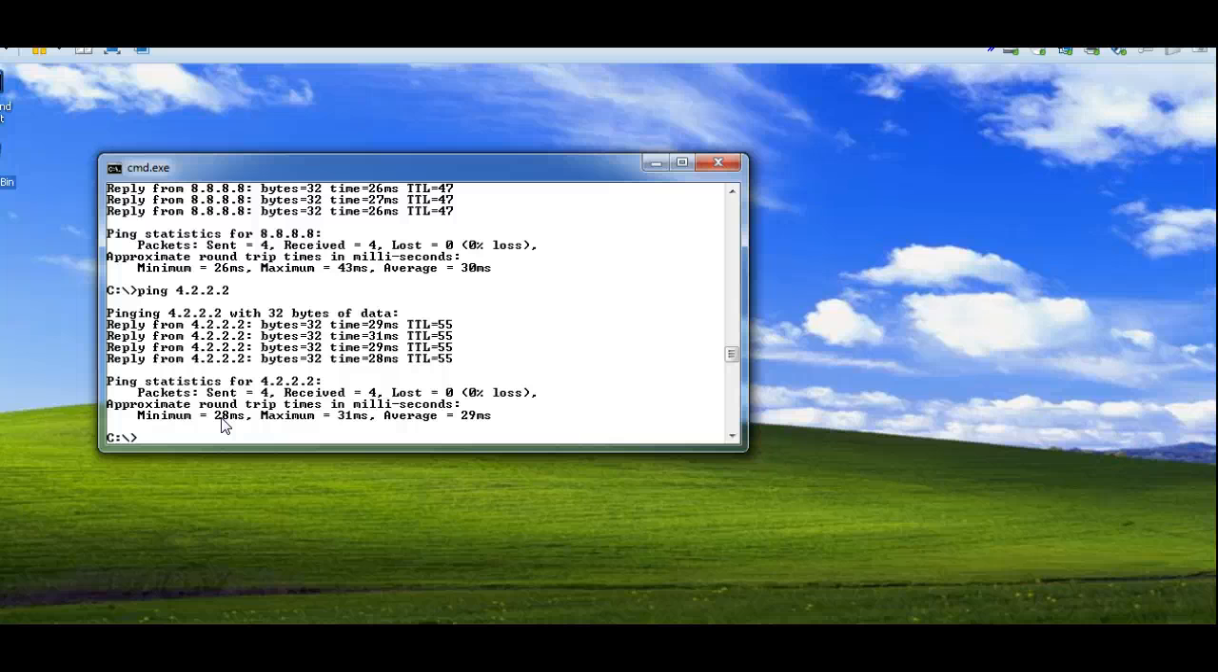The 8.8.8.8 one is a Google server. Okay, at this point we'd be ready to test the application layer, and usually the easiest way to do that is just fire up a browser and go to a common website like CNN.com. Okay, so at this point, after we've launched a browser,